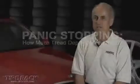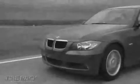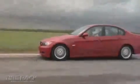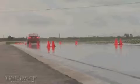While tires provide years of service, they all eventually wear out and need to be replaced. The real question is when. Feedback from drivers concerned about wet traction as their treads wore down told us it was time to measure the